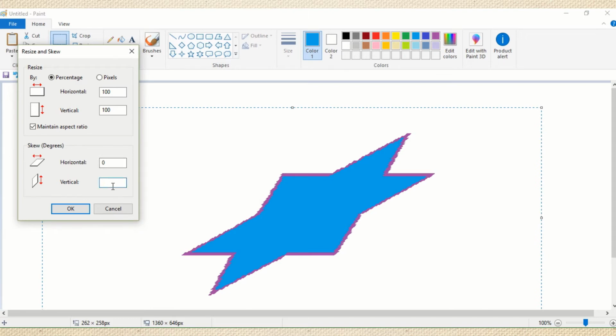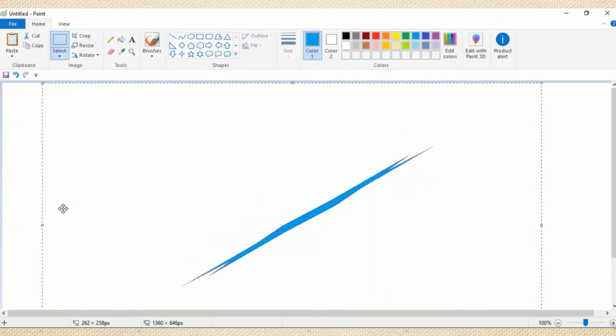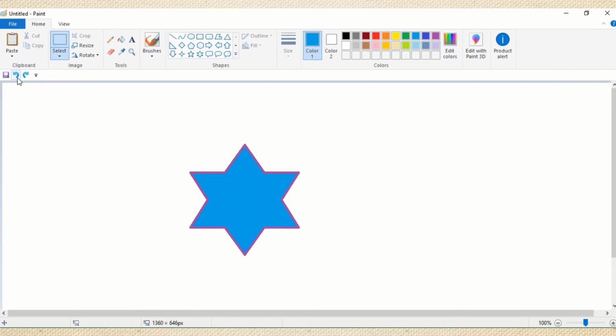Or vertically, if I write here 80 and click on OK, now it is stretched towards its vertical side. And now if I want to undo the changes, this is the option. The shape is the same as we drew initially.